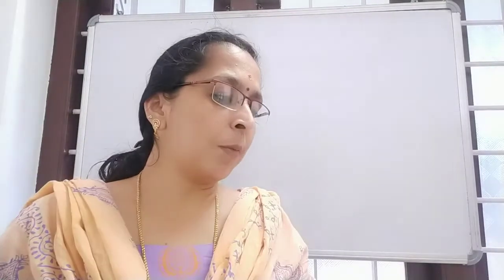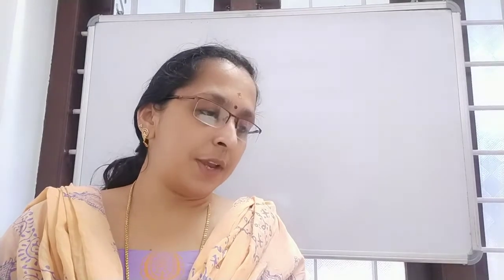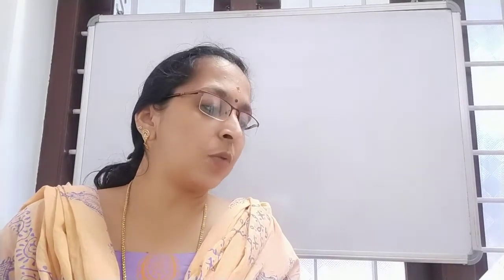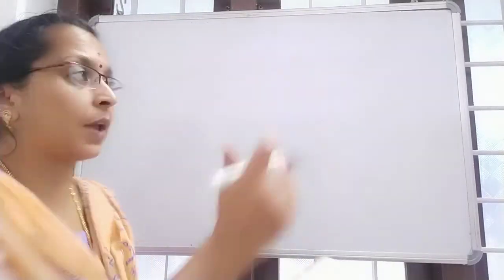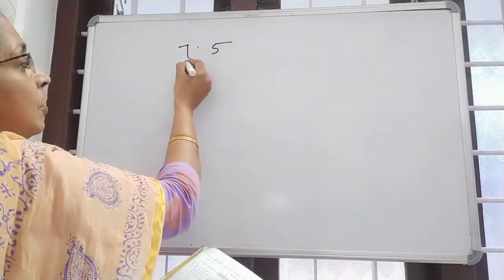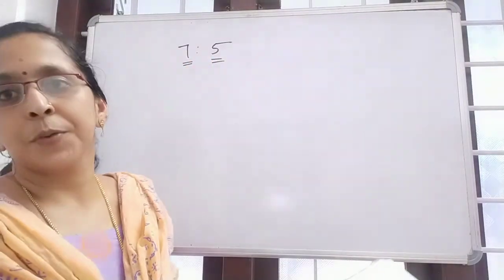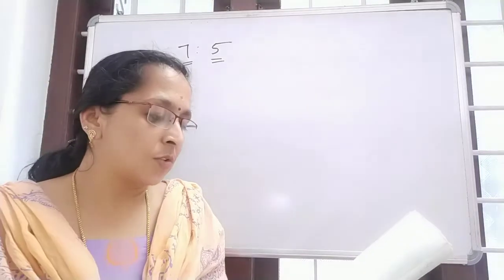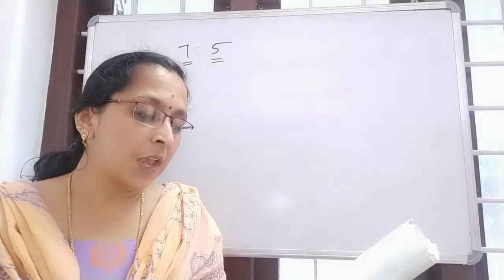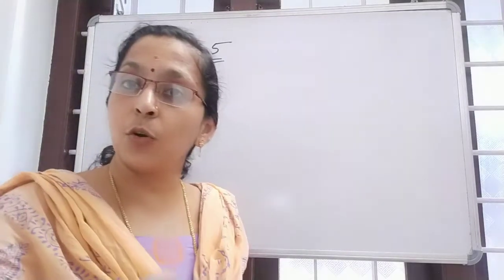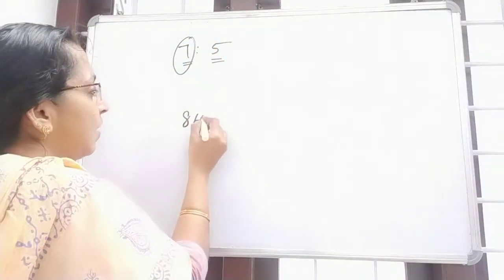Question number 7. A woman reduces her weight in the ratio 7:5. What does her weight become if originally it was 84 kg? So the ratio of that weight is given as 7:5. So 7:5 means this one is original and this one is the new one. So the woman reduces her weight in the ratio 7:5. What does her weight become if originally it was 84? If originally it was 84, that stands for 7. So original weight is 84.